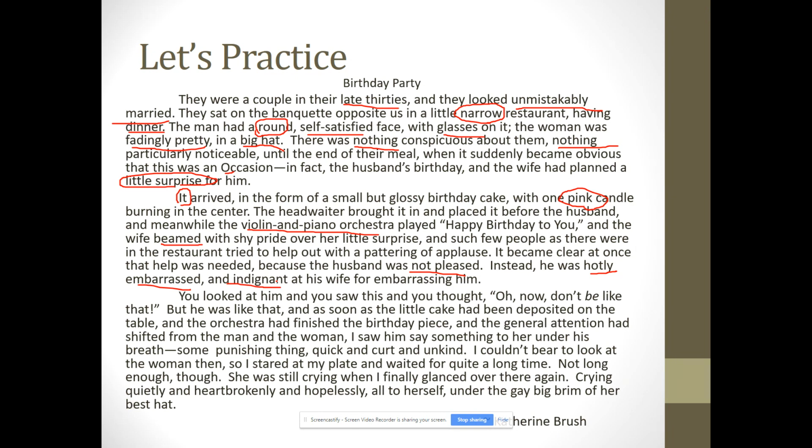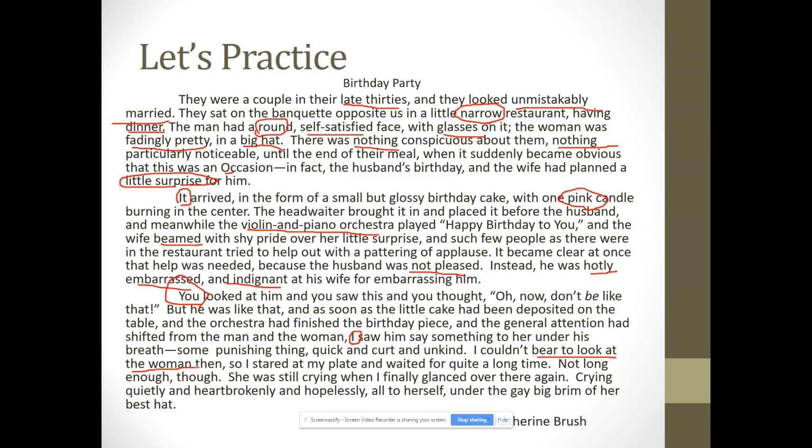Let's move on to the last paragraph. The author starts to use the words you and I. The first paragraph had been written in an omniscient point of view, but now in the third paragraph, as readers, we have been drawn into the story, and the speaker becomes a character as well. We find out how the speaker feels about this situation. He says he can't bear to look at the woman.